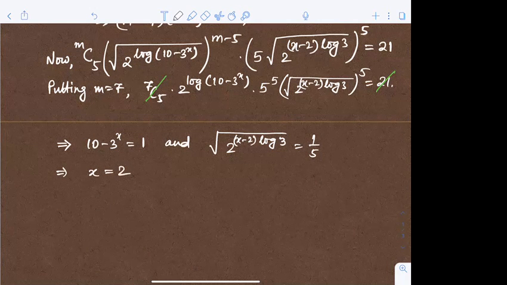3 পাওয়ার x, x এর ভ্যালু কত হতে হবে? 2। আচ্ছা, এখানে x এর ভ্যালু 2 বসালে কি হবে? এটা 1/5 তো হচ্ছে না। লগের বেস গুলো তো দেওয়া নেই, 10ই আছে। এক মিনিট। তো x ইকুয়াল টু 2 বসালে এটা 1 হচ্ছে, এন্ড 1/5 মানে 2 পাওয়ার ওটা হচ্ছে 1/25, লগের বেসটা যদি 2 থাকতে হবে শুরু হবে।